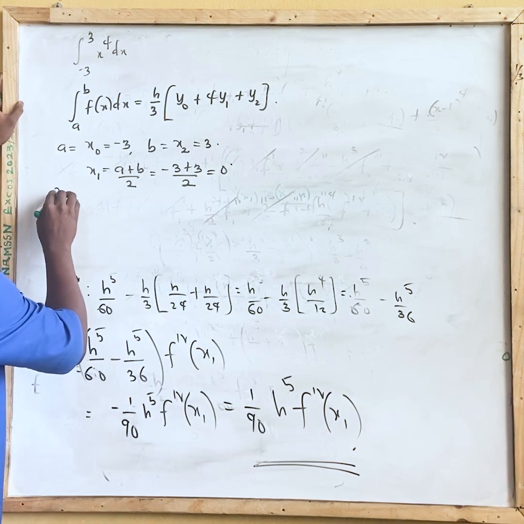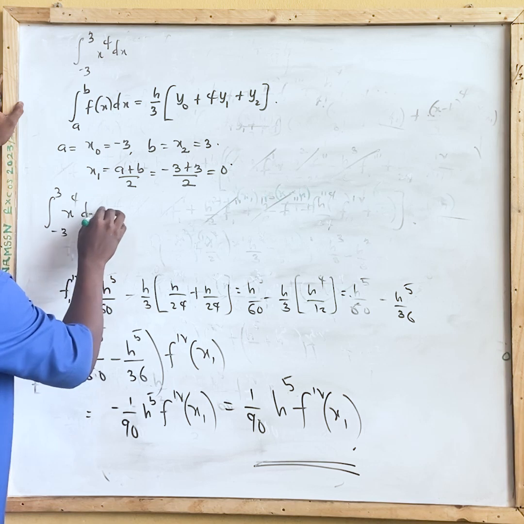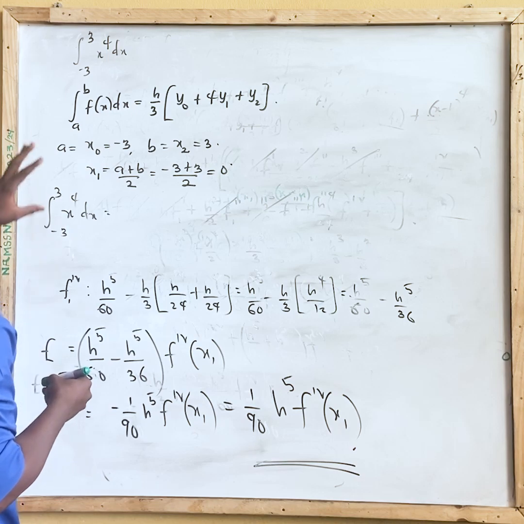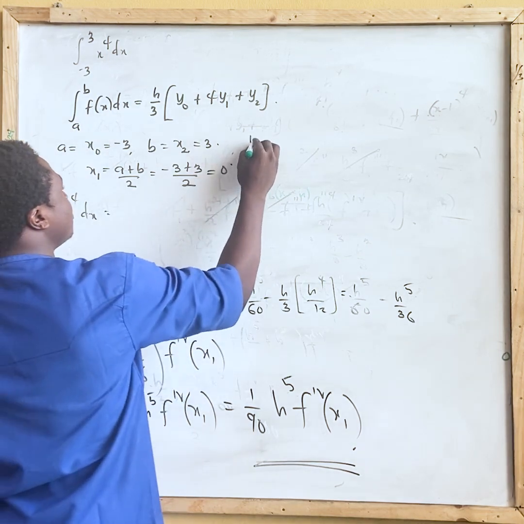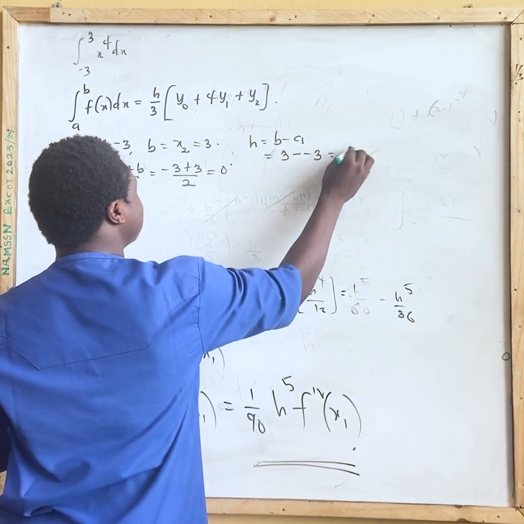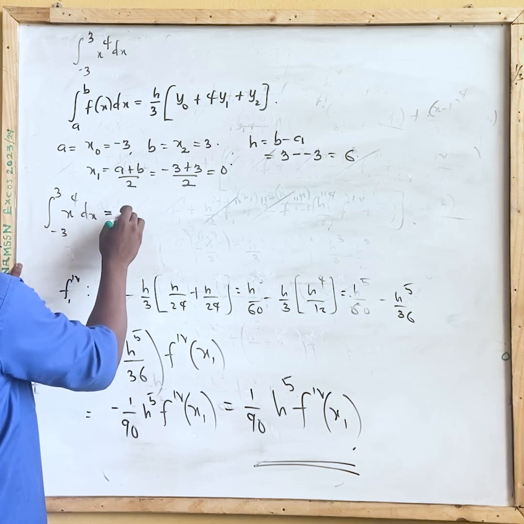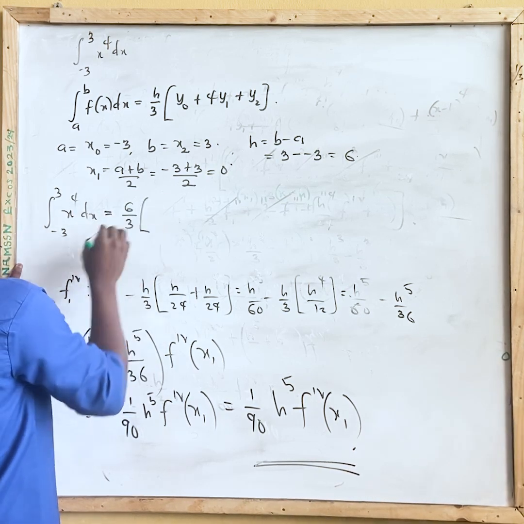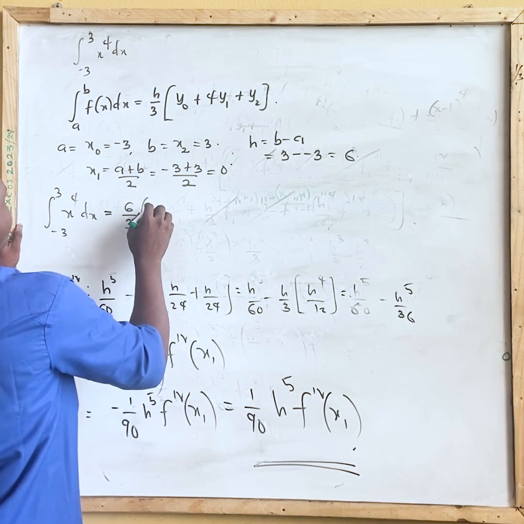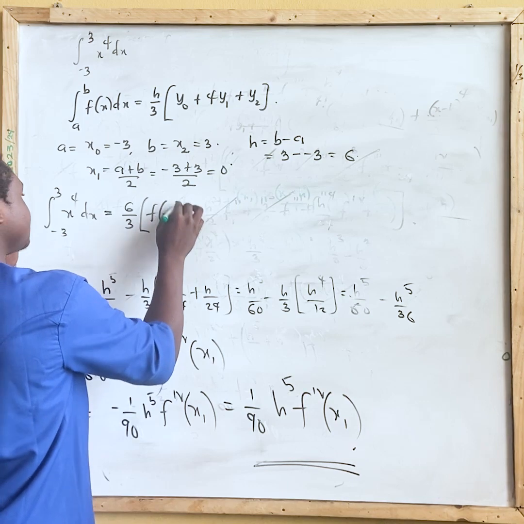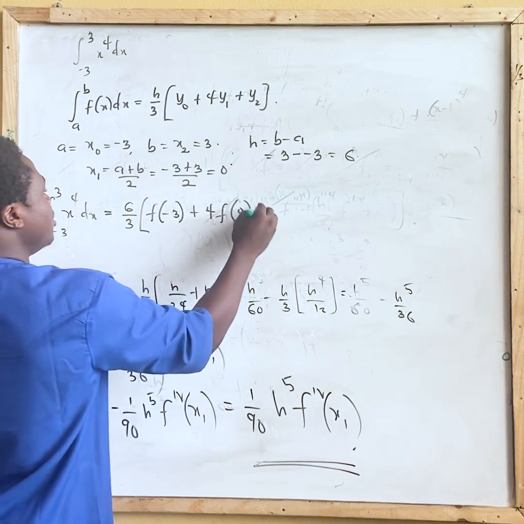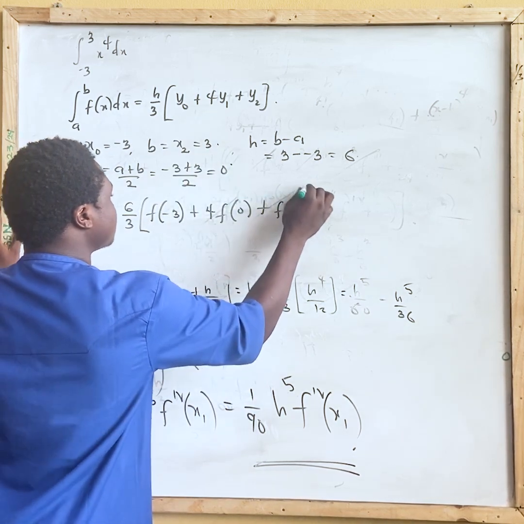The integral from minus 3 to 3 of x to the power 4 dx would then be, with our h being different in this interval, h equal to b minus a, right? Which is supposed to be what? 3 minus minus 3, and that is 6. So we have everything we need. Our h is 6 over 3 into y0, which is f of x0. So that's supposed to be f of minus 3 plus 4 f of 0, that is y1, then plus f of 3,